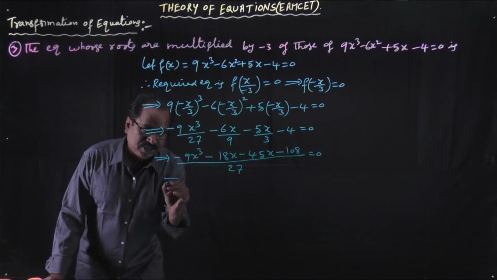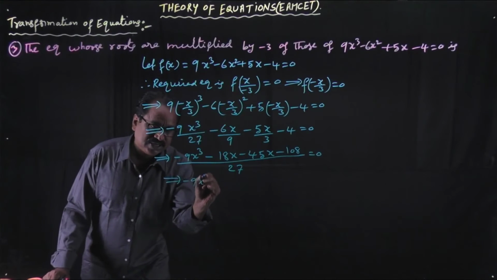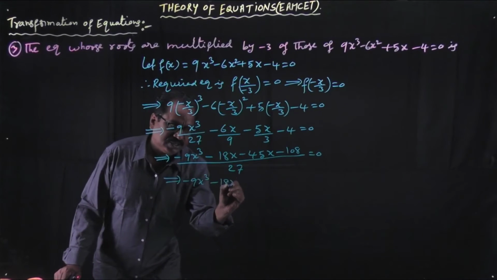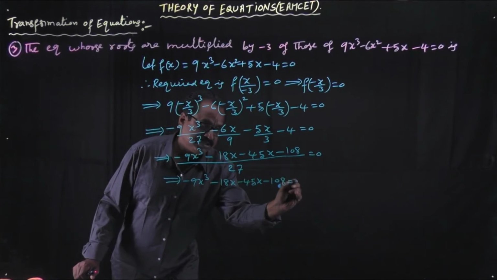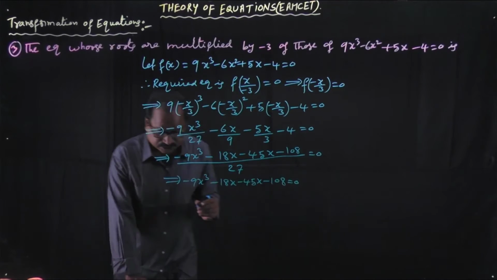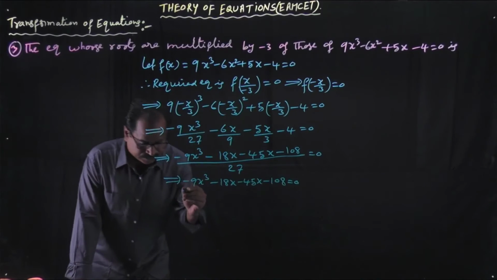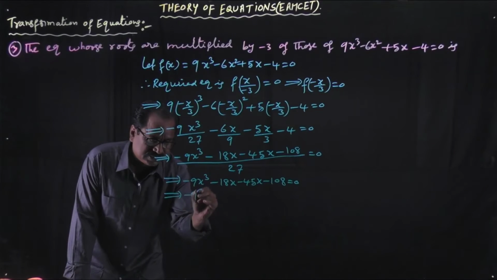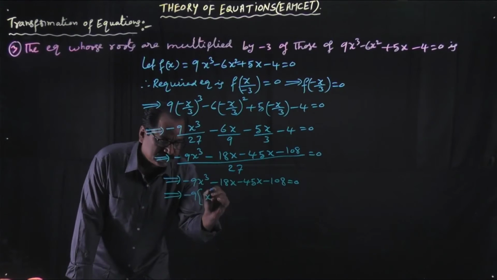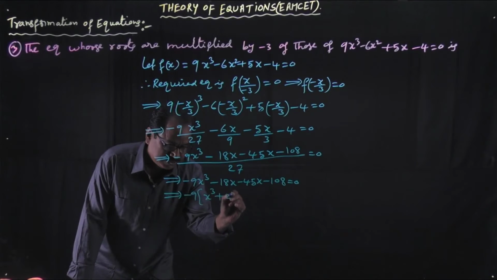So this implies minus 9x cube minus 18x square minus 45x minus 108 is equal to 0. So this implies minus 9 is common: minus 9 into (x cube plus 2x square